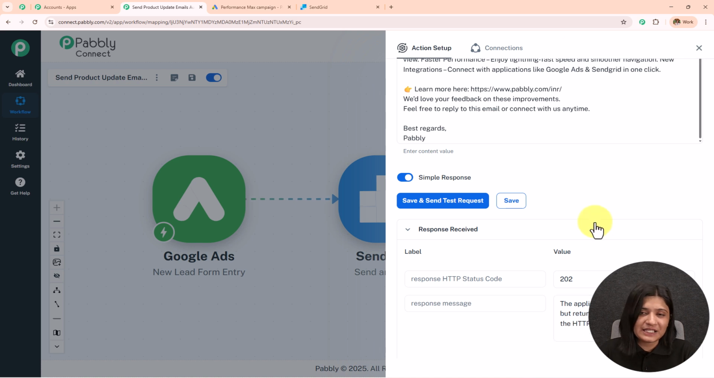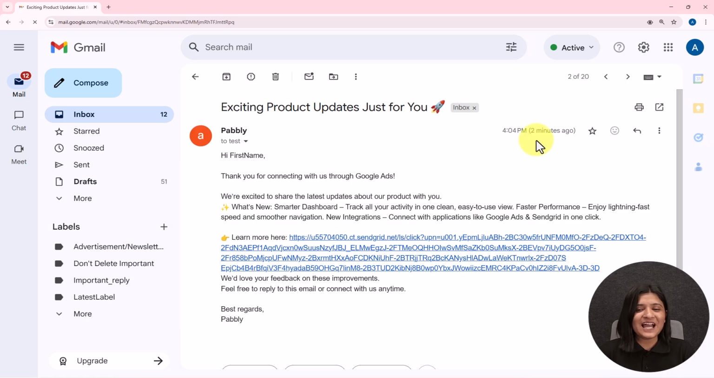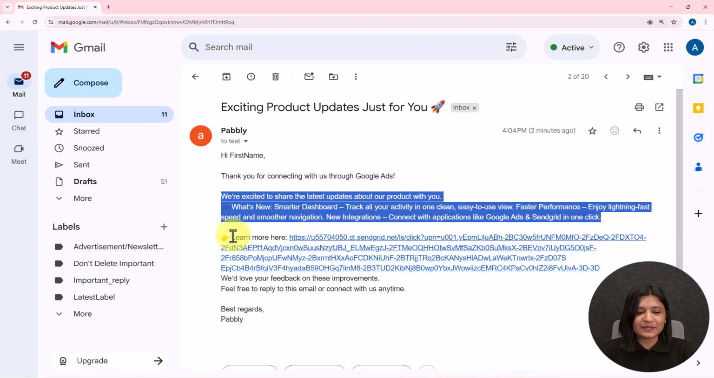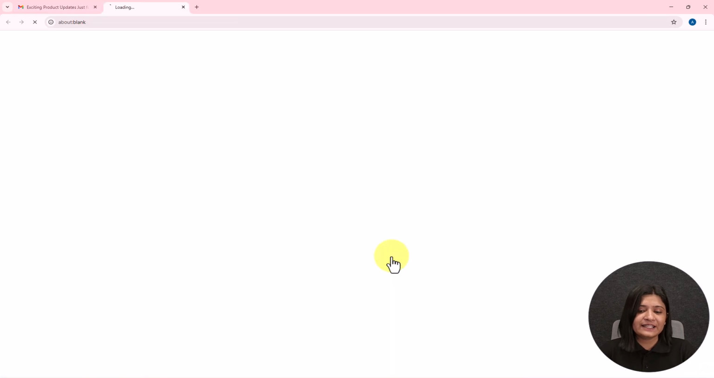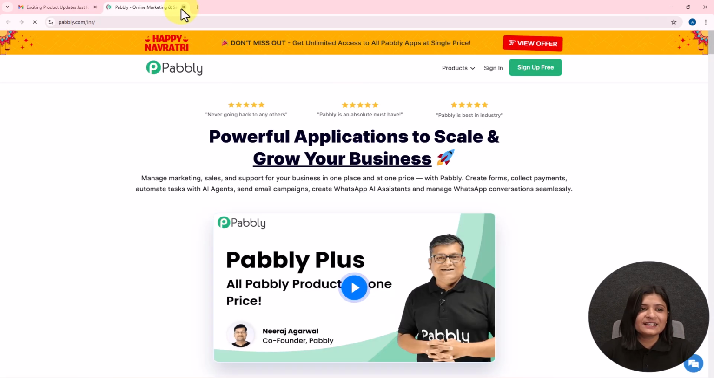I'm going to open my mailbox and check whether I have received any mail there or not. And here it is, we have received this mail. It was sent by Pabbly to this test user. So "Hi first name, thank you for connecting with us through Google Ads." So this is the same exact mail which we have entered while creating the workflow, and we have received the